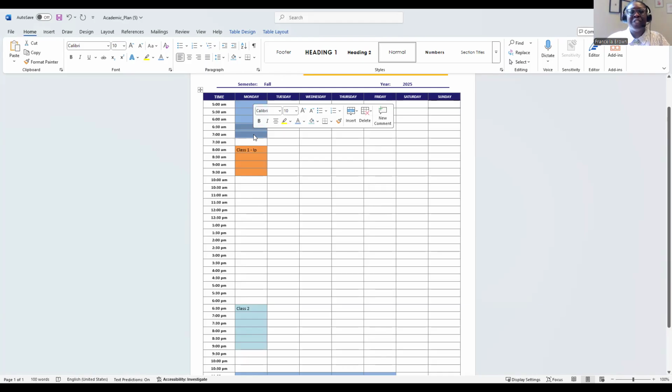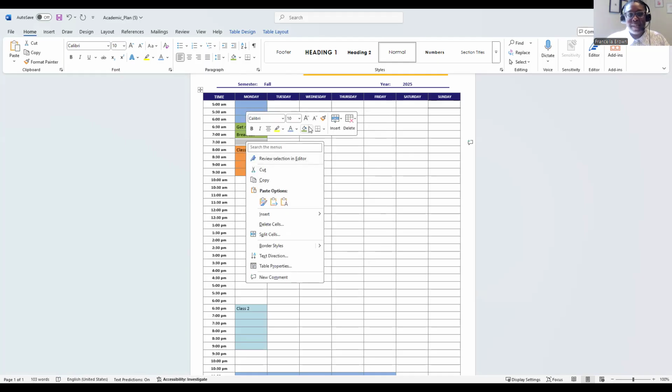Because after you sleep, you get up, you get ready, you make breakfast, and you're doing what you need to do around the house before you leave. So I might have to change this color and turn that into green and call this get ready and breakfast. Okay. We're being very realistic about our time. If I feel that I can make it to class within 30 minutes, then I'm going to call this my commuting time.